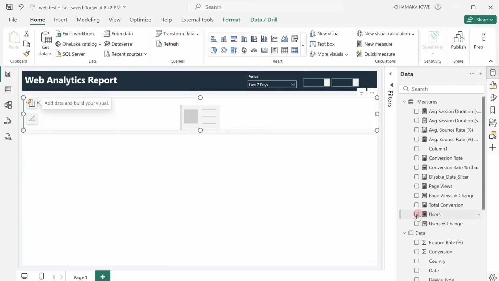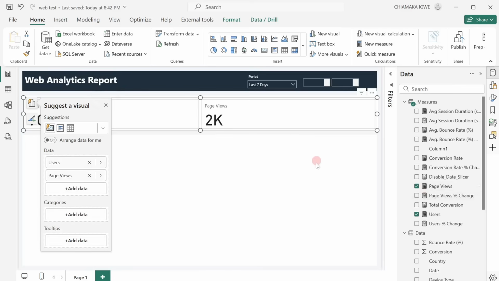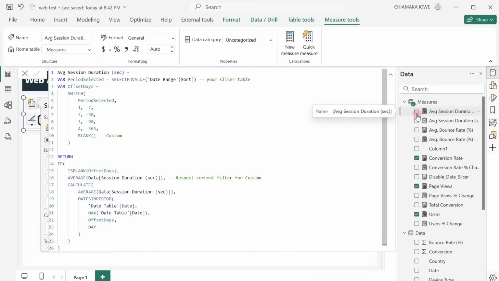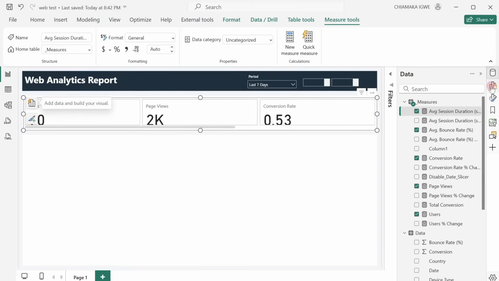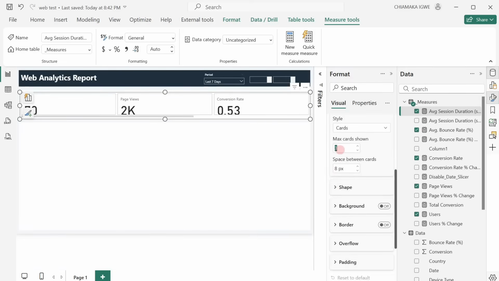So the first thing we're going to select is users, page views, conversion rate, average session duration in seconds, and average bounce rate. So let's see what we have. So right now it's only showing 3 because by default it shows 3. So we're going to go to the layout, that's the format pane, increase this to show 5 because we have